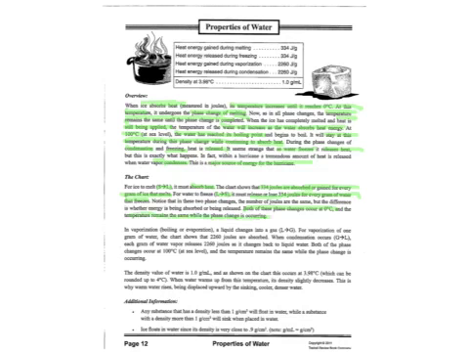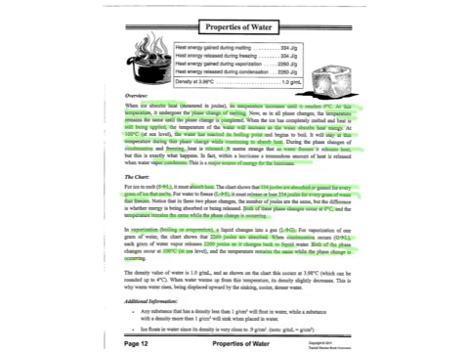is occurring. In vaporization, or boiling or evaporation, a liquid changes into a gas. For vaporization of 1 gram of water, the chart shows that 2,260 joules are absorbed. When condensation occurs, which is a gas to a liquid, each gram of water vapor releases 2,260 joules as it changes back into liquid water. Both of the phase changes occur at 100 degrees Celsius, and the temperature remains the same while the phase change